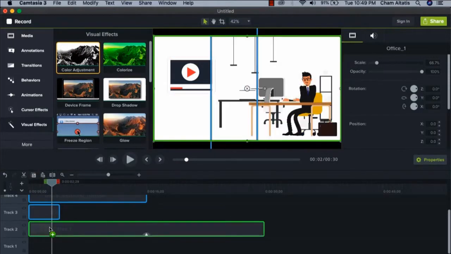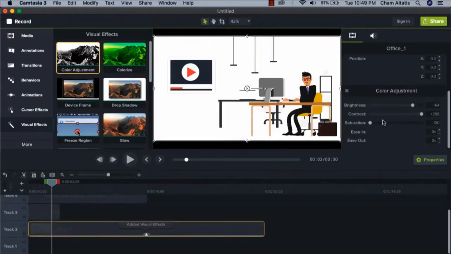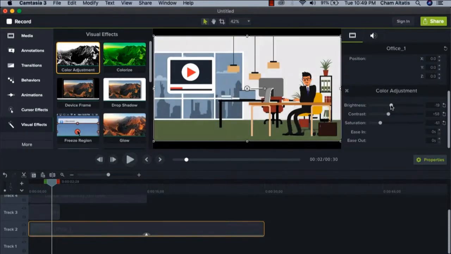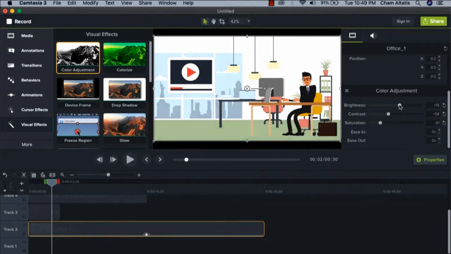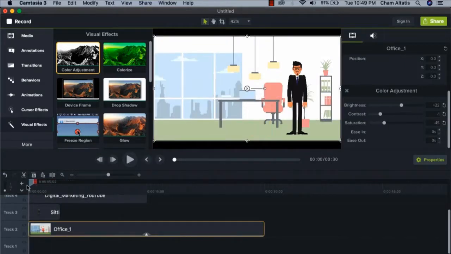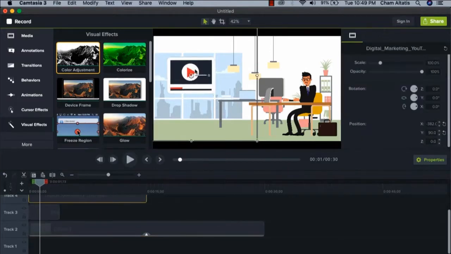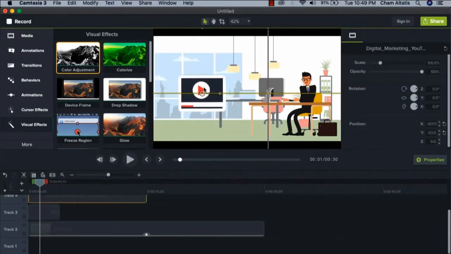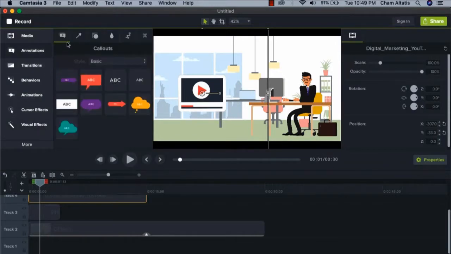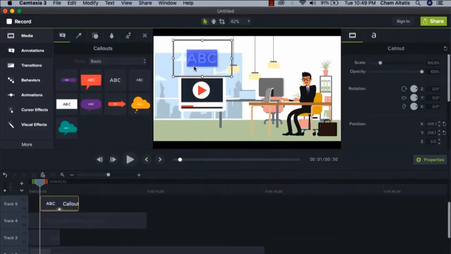For now, let's try color adjustment, and just try to balance the contrast and brightness a little bit. Maybe I'll make it a little bit brighter so that my subject and the icon will come out a little bit. So I think that's pretty good. There we go. And for the icon, I can just place it wherever I want. And then probably if I want to add some text, I can go here to annotations and choose any callout from here, but let's just go for the plain text for now. Let me add one here. So I can say